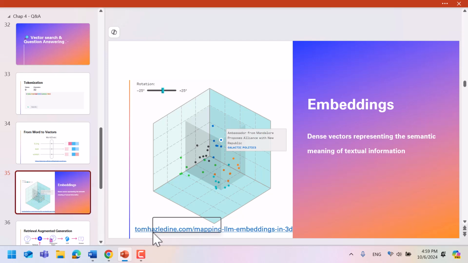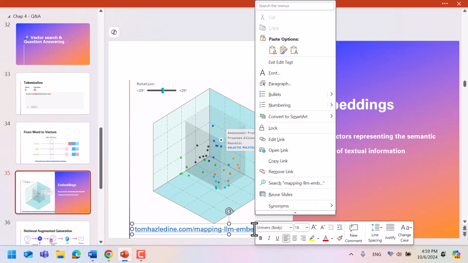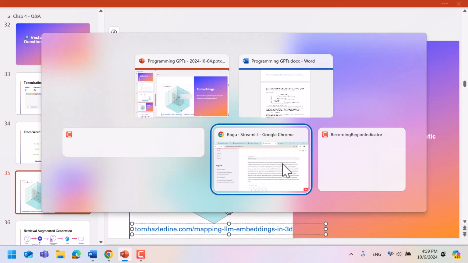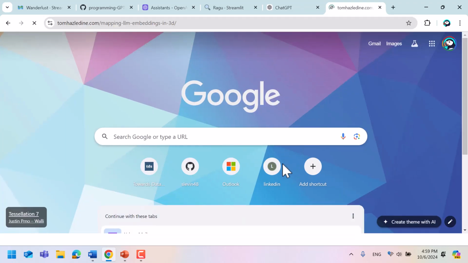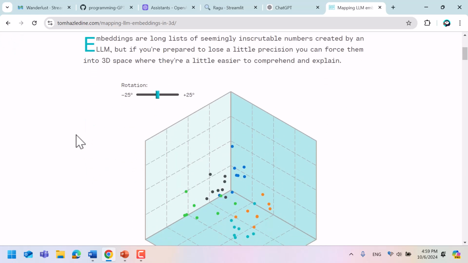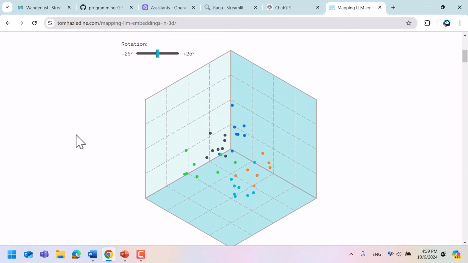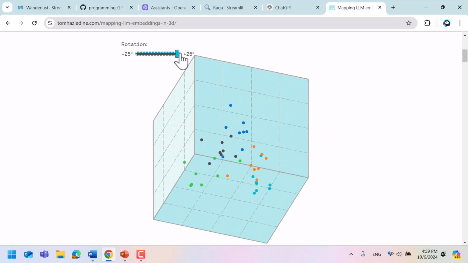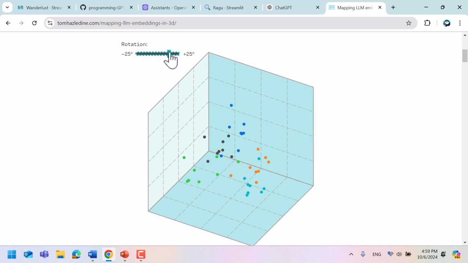So here is a very simple app that I can show you. It's just a representation, but it's pretty cool. So let's go and look it up. It's an article that you can check online about mapping the embeddings in 3 dimensions. Embeddings are typically in a much higher dimension, like thousands of dimensions, but we cannot quite see in 1,000 dimensions. So what we'll do here instead is just look at it in 3 dimensions. 3D is already quite useful to look at things.